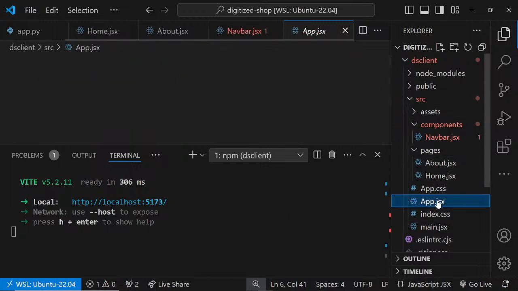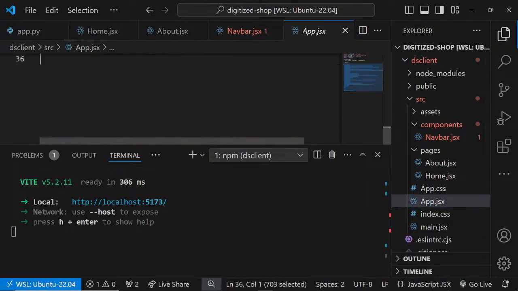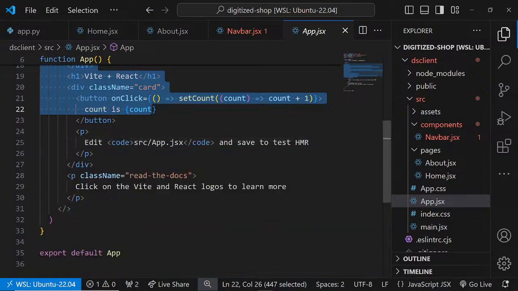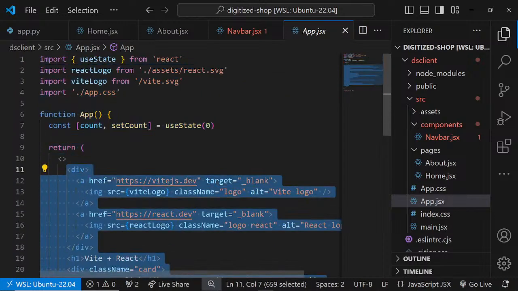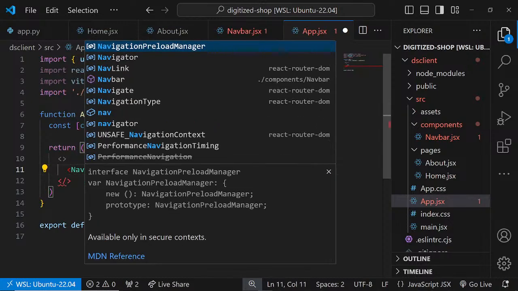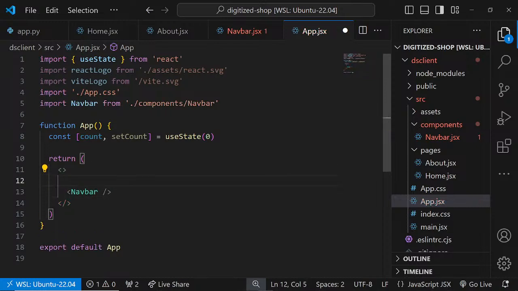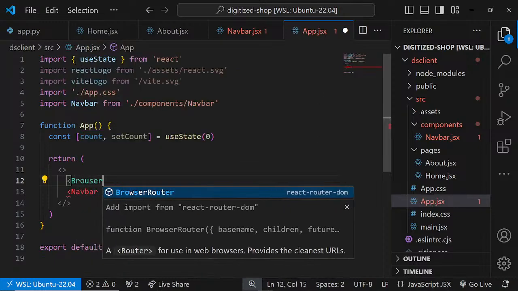So I'll go to the app.js, and inside app.js I'm just gonna remove everything inside the app component. Let me hide this for a second. So remove everything here and include my nav, and before I include my nav, I need to return the browser router,